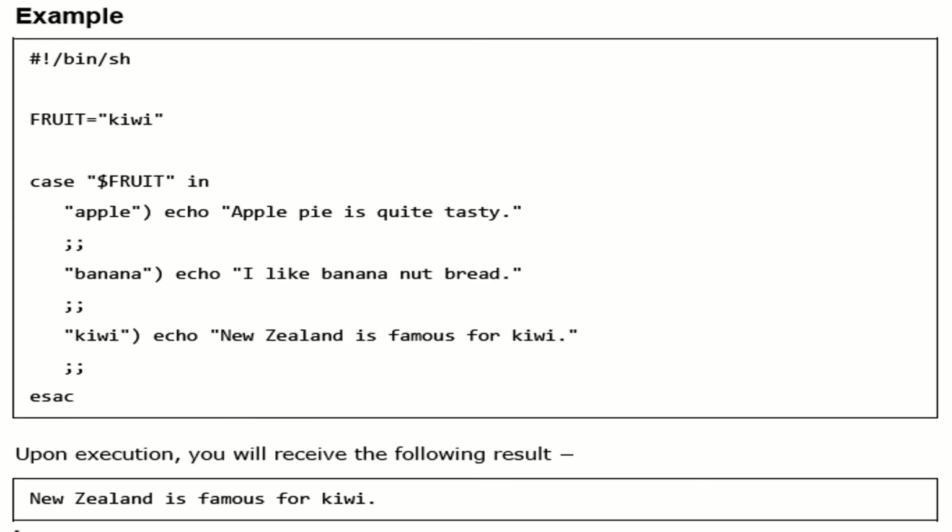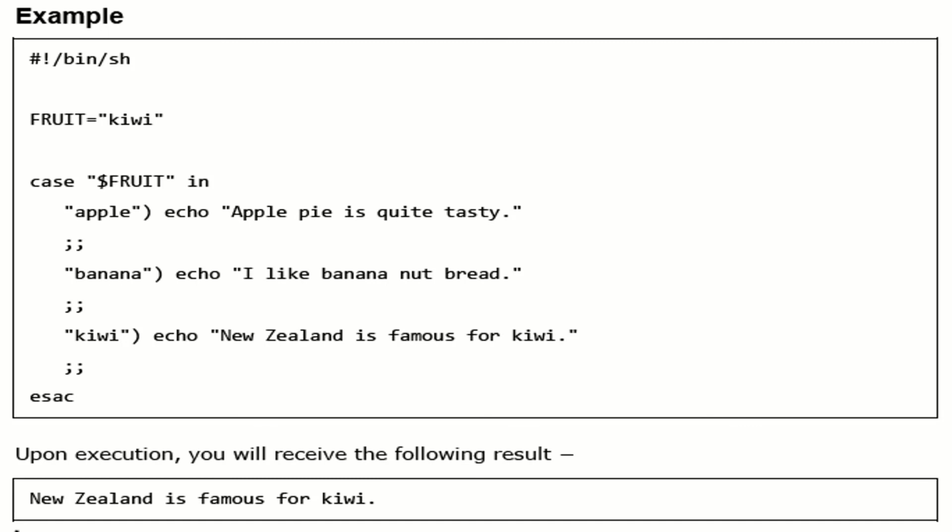This is the example program for the case construct in Unix script programming. Very simple example. We assign the variable fruit is equal to kiwi. Then we check the case with the dollar sign, fruit in, which should be matched with the patterns. First one is apple. If it is matched with the first one, then print apple is quite tasty.